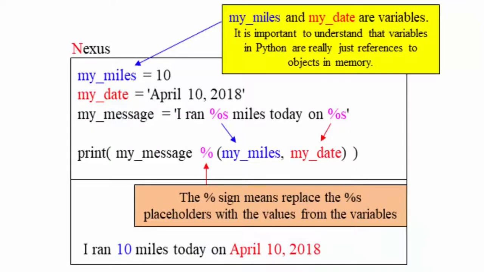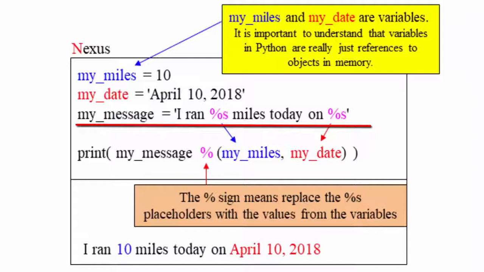We're going to embed multiple values inside a string. Watch how this is done. First of all, I've got a variable I called my_miles equals 10. I've got another variable called my_date, and that's going to equal April 10, 2018. And I have my message, which is going to equal, single quote, I ran